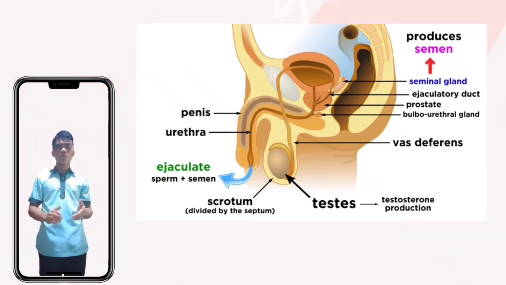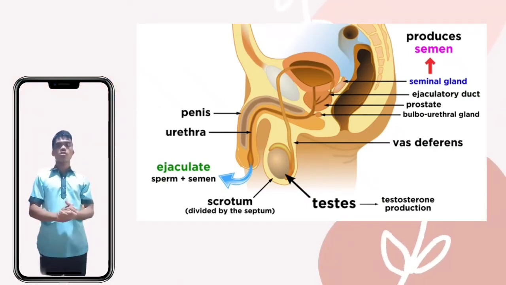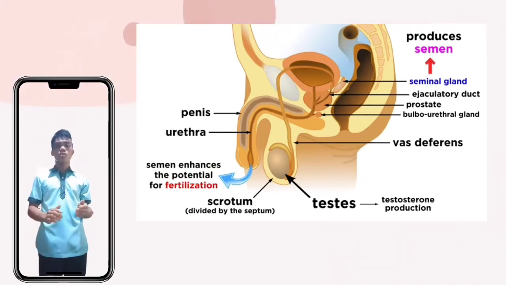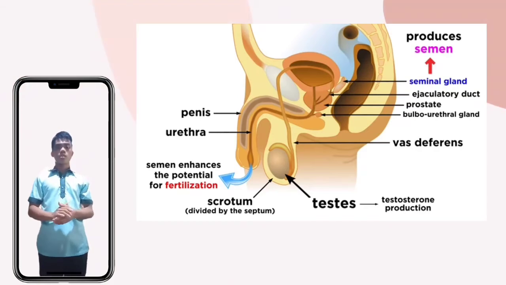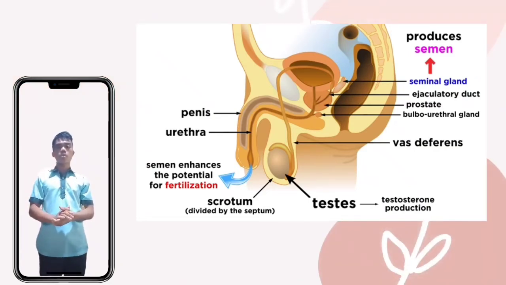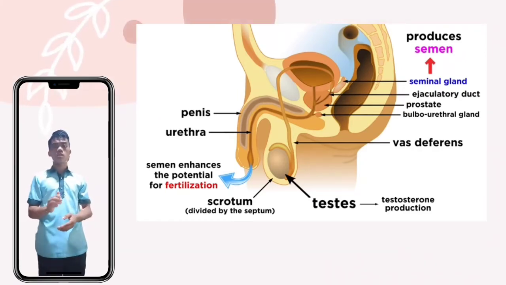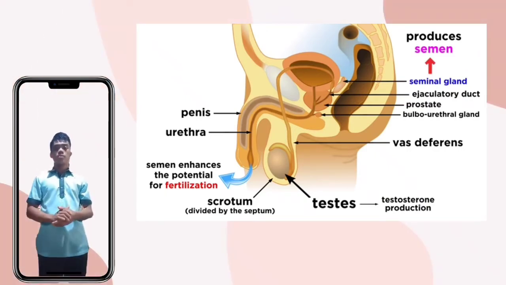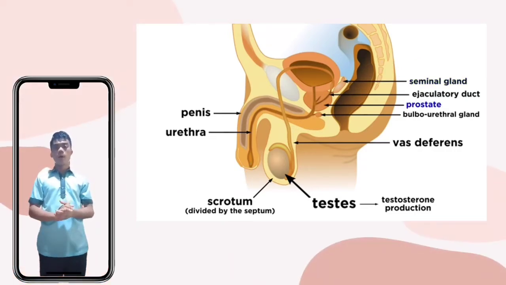sperm cells will mix with the semen in the ejaculatory ducts, and the semen will enhance sperm motility or fertilizing ability. It does this through a mixture of hormones and other compounds that suppress the immune response in the female's reproductive tract, destroy bacteria, and help sperm stick to the walls of the vagina and prevent drainage. Semen actually makes up the majority of the ejaculate by volume.